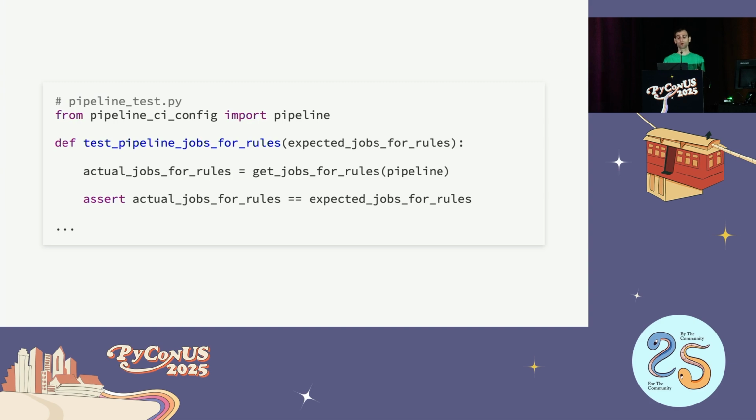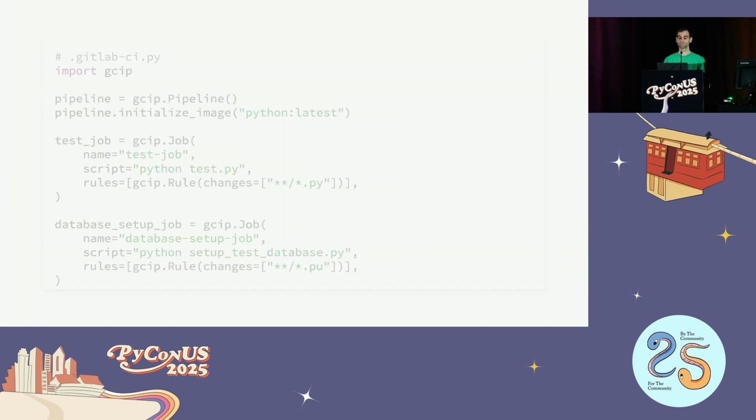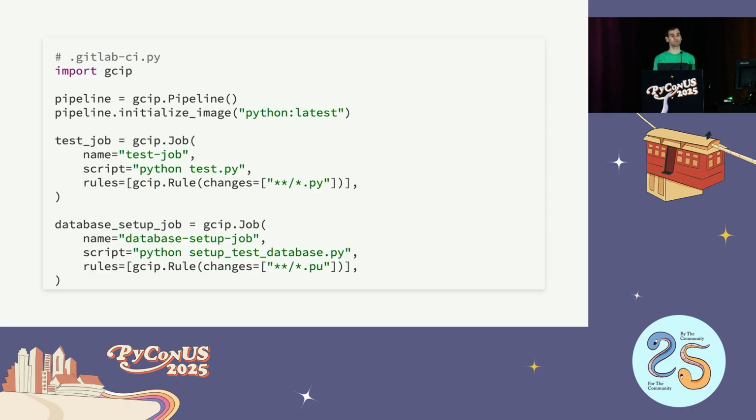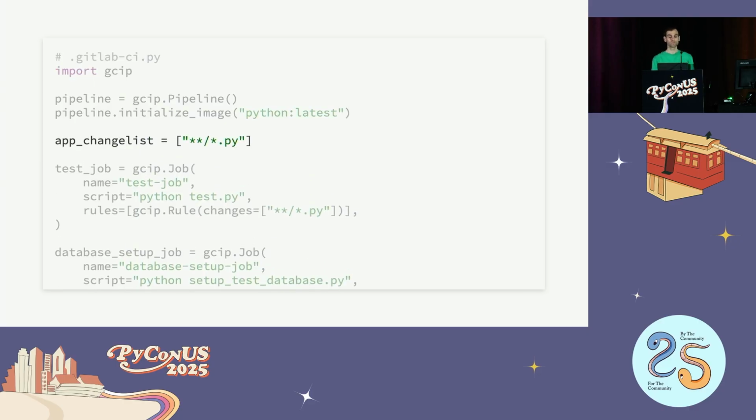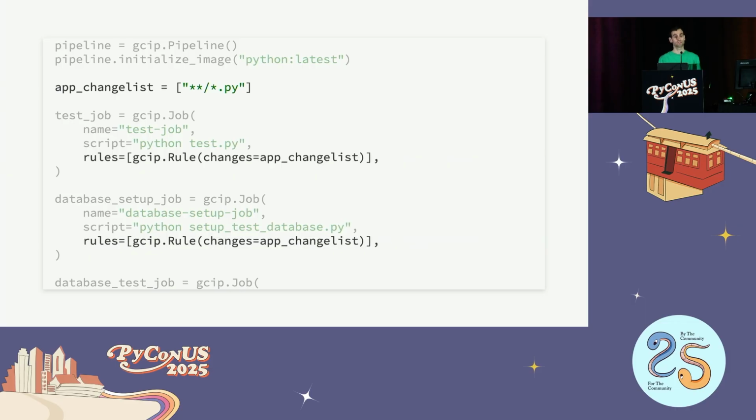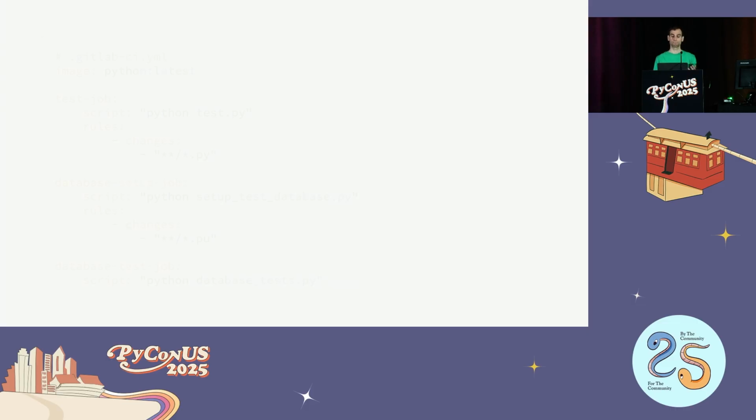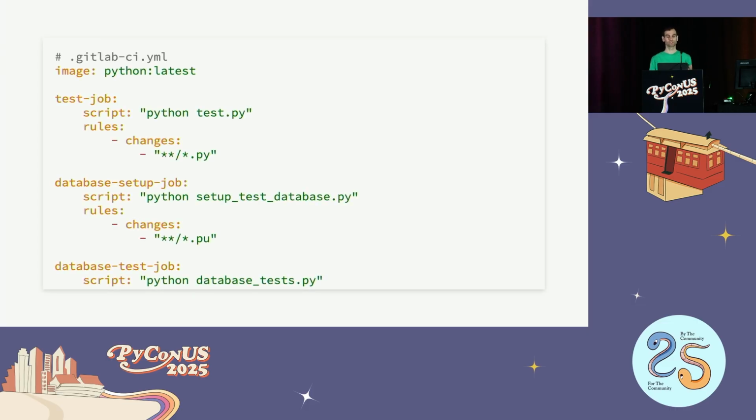However, there is one other thing to consider. Since our pipeline is now in Python, they do let us easily create a change set using a list that we can apply everywhere and thus alleviate any rule mismatches, as now all rules will be referencing the same thing. This may have those of you knowledgeable in YAML thinking,